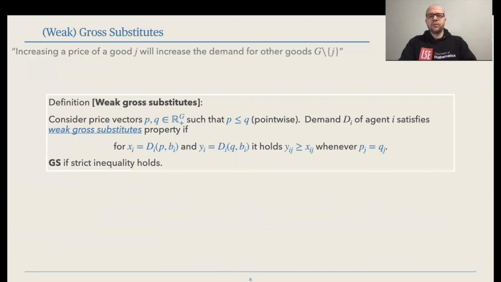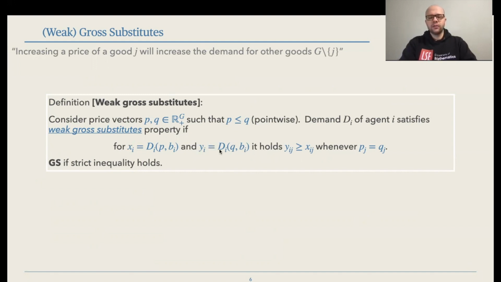This property is formally known as gross substitutes, and it's defined as follows. Let us look at the demand d_i of an agent i. Also, let us look at two price vectors, p and q. You can think of this as p being a starting vector of prices, and q being the new, slightly increased prices. And then, for the demand of agent i, we want the following to hold. We want that his demand at prices p, which we denote by x_i, and his demand at prices q, which we denote by y_i,